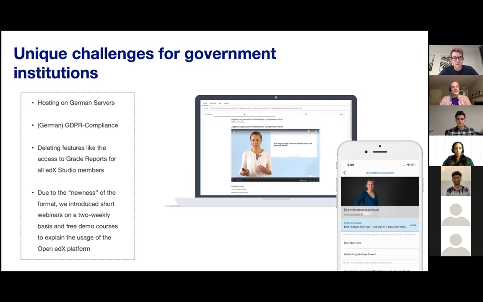That also means, in some cases, deleting features, if they want that, like not giving access to grade reports for everybody who is in the courses. And we try to find simple solutions, like just take out or deactivate certain links to analytic tools, which might seem counterintuitive if you're developing analytics tools, but it works in that case.